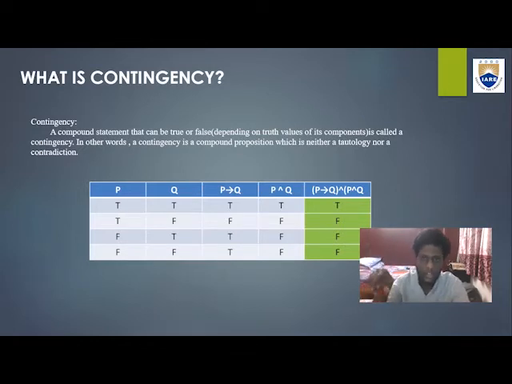If all the values are true, it is called a tautology. If all the values are false, it's called a contradiction. If some of the values are true and some are false, depending on the truth values of its components, then it is known as